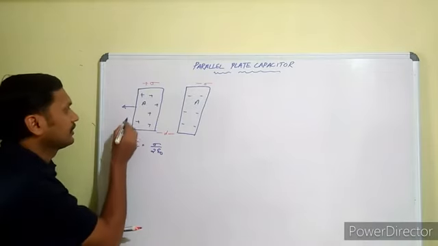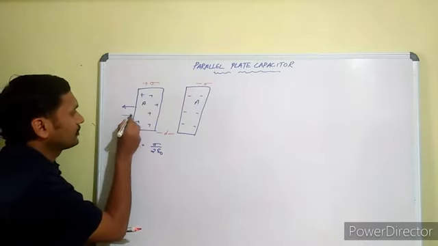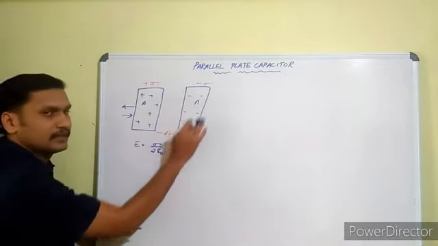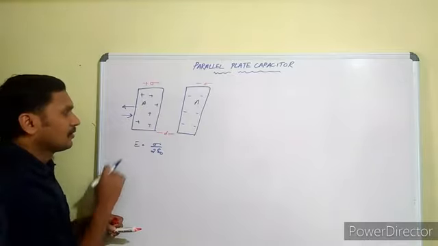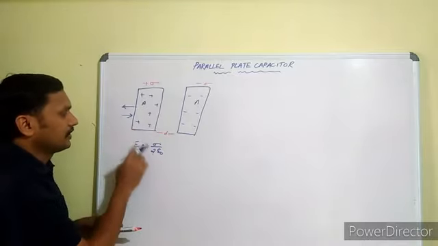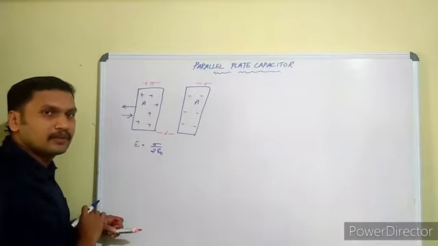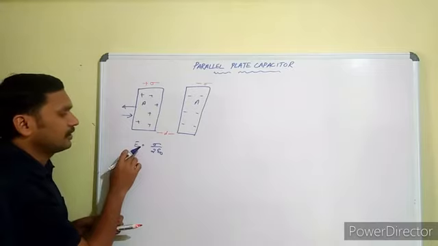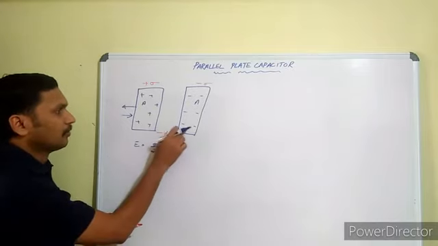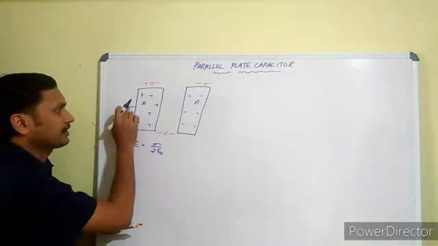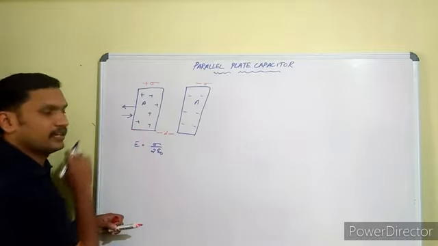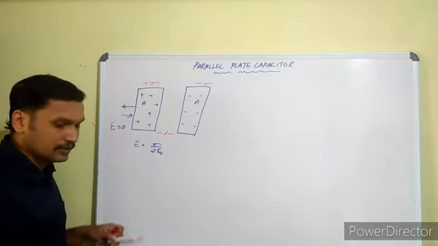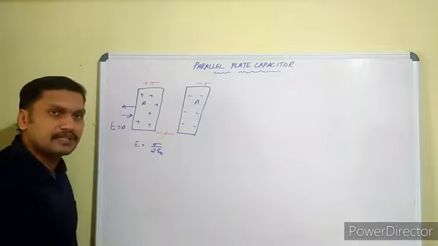And what is this direction? That one is just opposite to this one, because this is a negatively charged plate. Electric field is directed towards the plate. But the magnitude of electric field is sigma by 2 epsilon 0, since both have the same charge density. So the magnitude of electric field produced by both plates is the same and the direction is opposite. So what is the net electric field in this region? In this region, the net electric field E is equal to 0.